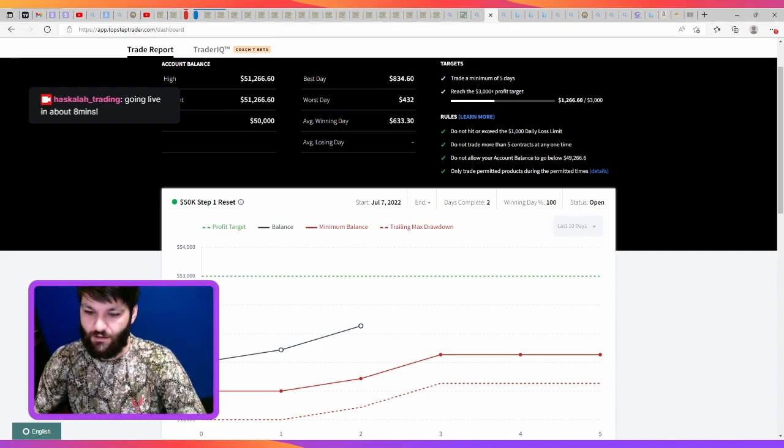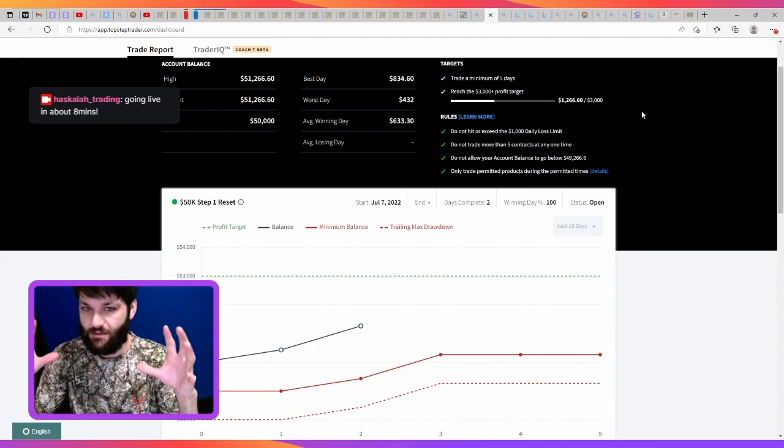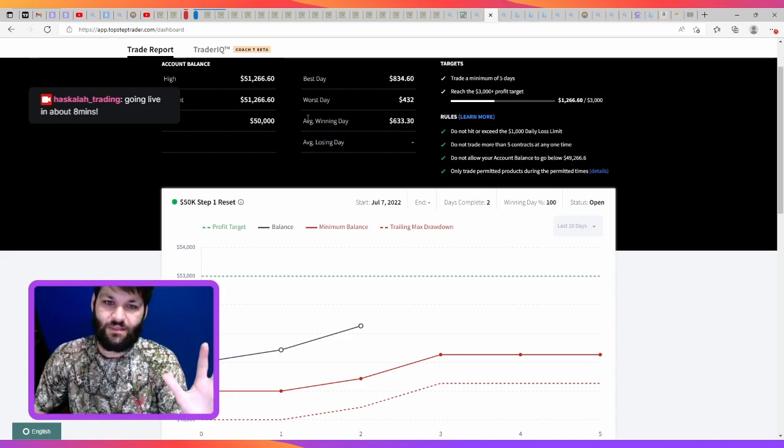So this is kind of what I'm doing. And Top Step, pretty good. It's really nice. The way it works is you hit $3,000 one time, and then you go into another level where you hit $3,000. Then after that, you hit up to $10,000. You keep 100%, and then after that, you keep 80% and they keep 20%. The whole goal is to get that $10,000 and maybe up to like $20,000 or $25,000 worth,